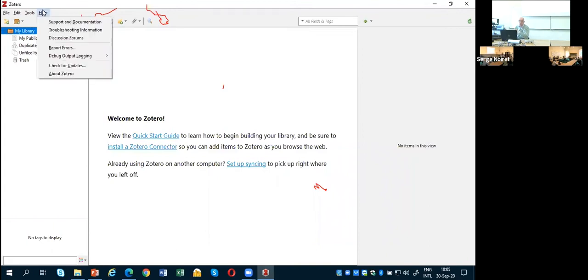And a discussion forum, support. You can report errors, and you will see it's really interactive. People are present because it's a very big academic community worldwide, and people are really trying to solve issues. And if you encounter any issues, you will find answers. So you go to Edit,